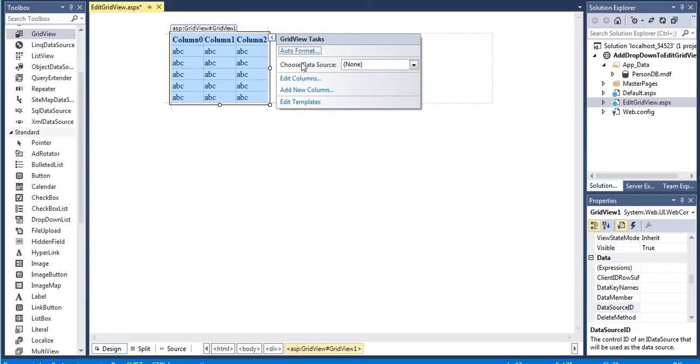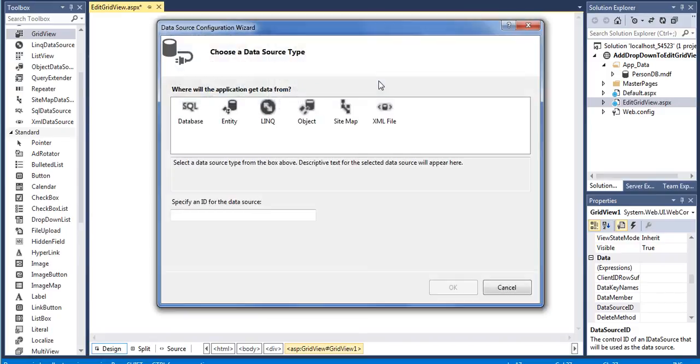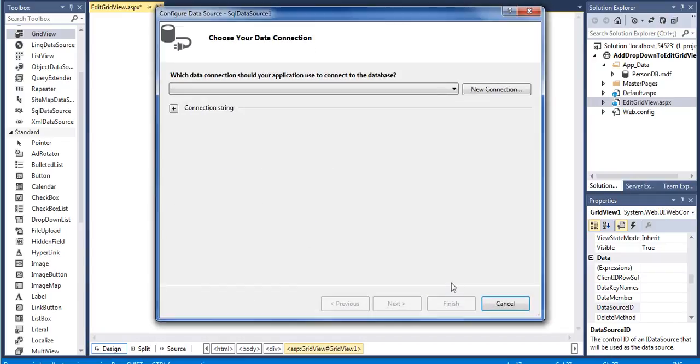Alright, and we'll need to choose a data source so we can link information from a table to be displayed in the data view object. So we're going to choose new data, and we'll use our SQL database, and you may want to rename that ID something more descriptive and click OK. Now we previously have created a connection string to connect to the database, so we're going to choose to use that